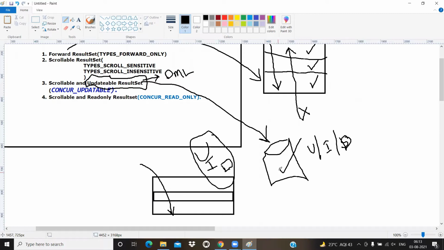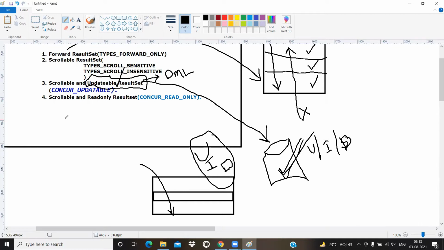Without using these queries, we can update the database. Without using insert, we can insert a new record into the database. Without writing a delete query, we can delete a record from the database. That is exactly an updatable result set. Updatable result set is designed for DML commands, nothing but update, insert, delete. Whenever we perform these types of operations from our Java application, we are always writing queries. Without writing queries, if you want to perform all these operations from our Java application on a database table, we always prefer the updatable result set.